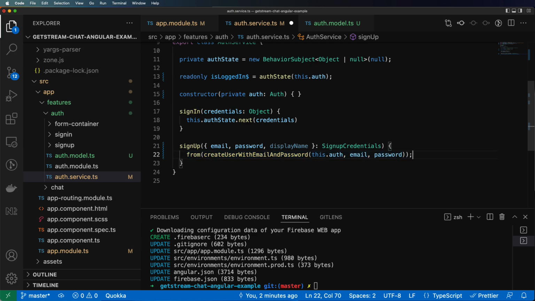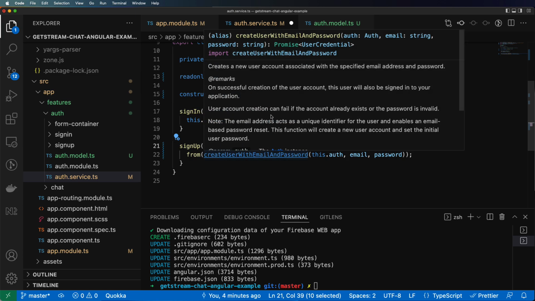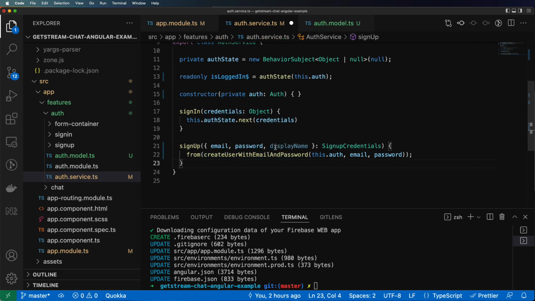So yeah, let's move forward. And now you can see that we have display name, but we didn't use it so far. And it is because you cannot provide some data which should be created along with the user. So currently my user will be created only with email and password. And basically that's it. But I would like to immediately update my user in Firebase and provide the display name for my user. So I will do additional call to Firebase to update his profile,